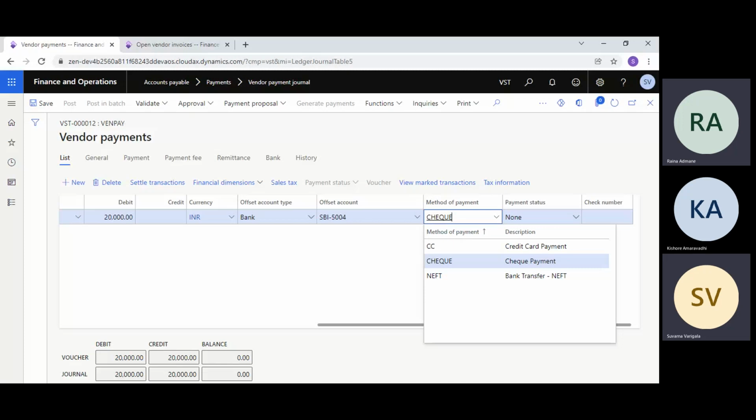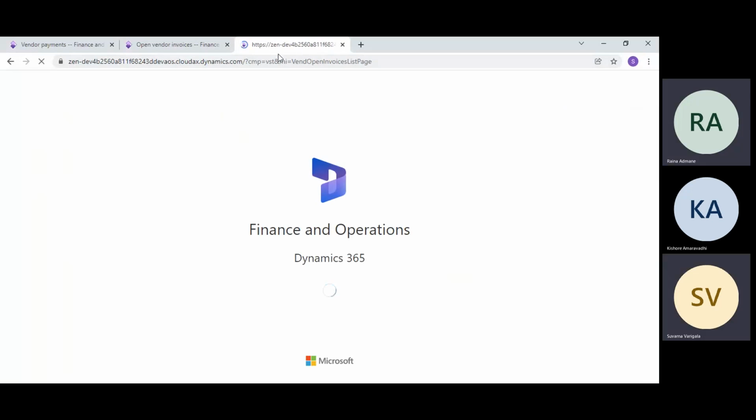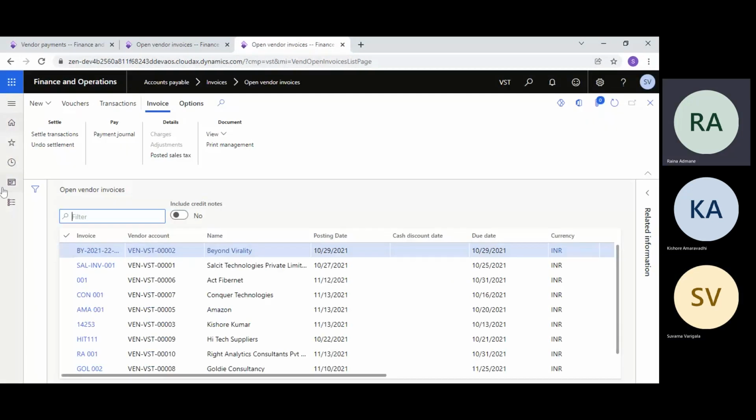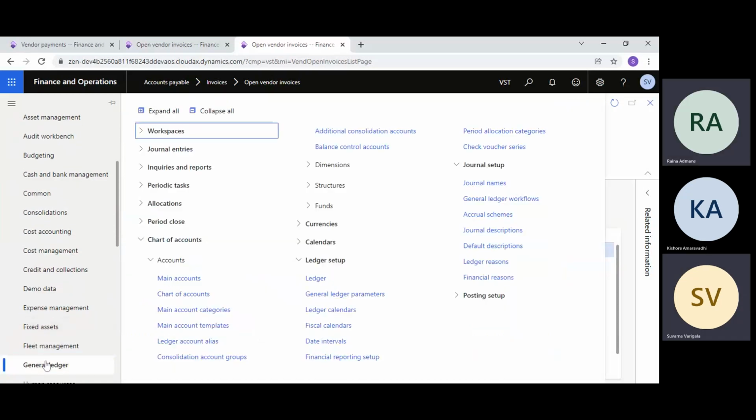So just park this here and create one more entry for deposit of an amount into the bank. So with a GL general entry, we will deposit some cash into the bank first. So in the GL module, go to the journal entries.